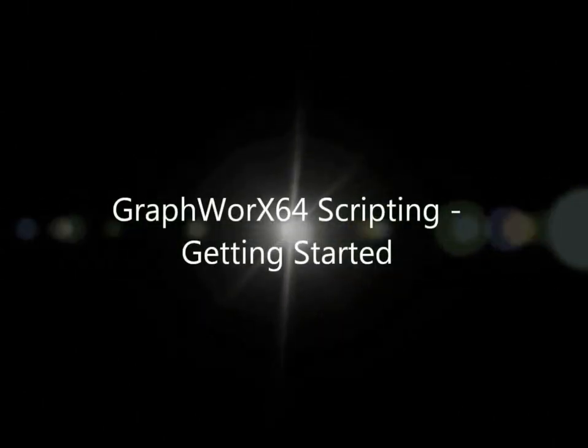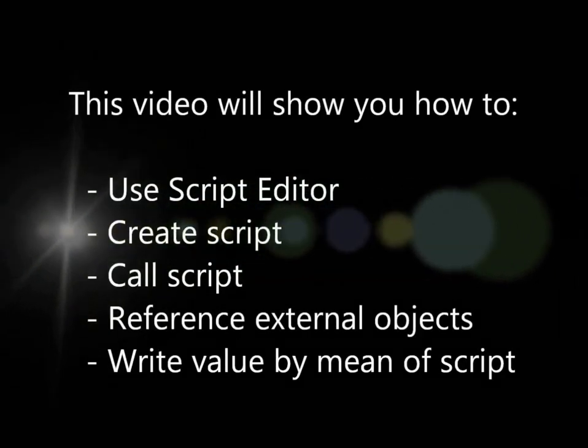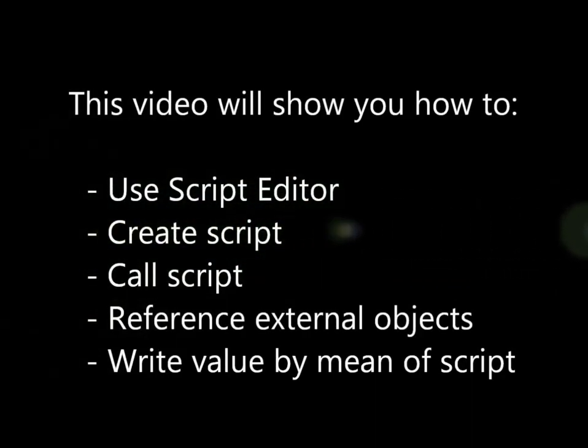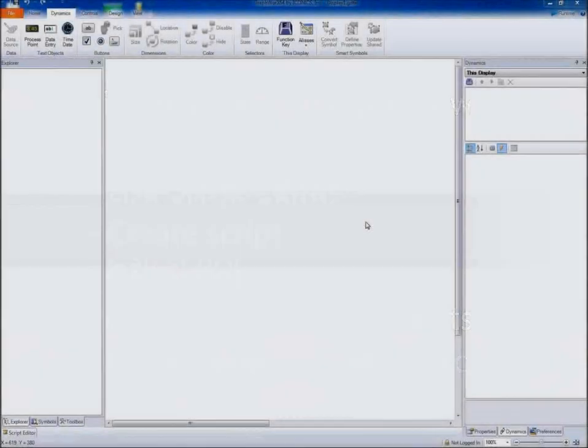This video discusses how to get started using the scripting editor in GraphWorX64. It will cover the creation and calling of a script, how to reference external objects in a script, and how to write values through the use of a script. In GraphWorX64, it is possible to write custom code in JScript.NET to execute some custom action that you may want